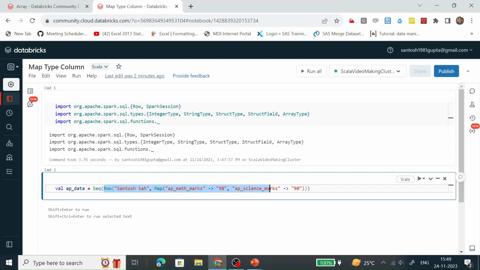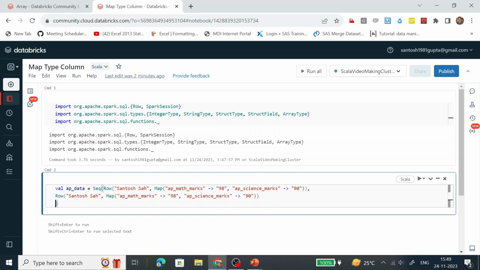Let me copy it. Paste it and paste it. So three objects I am going to store. I am going to change the name.